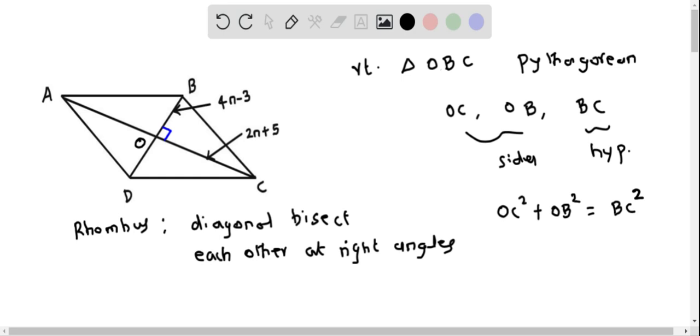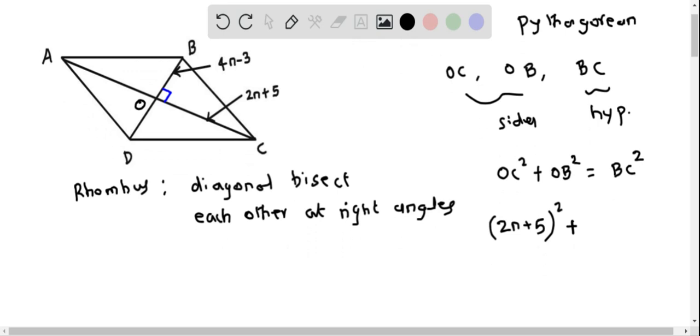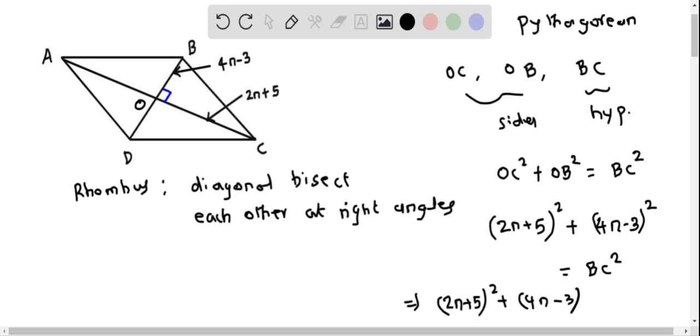So now we can plug in the values of OC and OB. We know that OC is equal to 2n plus 5. So I put (2n plus 5) quantity squared for OC, plus OB is given as 4n minus 3, so I substitute (4n minus 3) quantity squared for OB, and this is equal to BC square. So first let me determine BC from this. I have to take the square root on both sides, which results in the square root of (2n plus 5) quantity squared plus (4n minus 3) quantity squared, under the root,